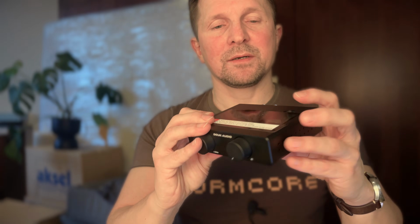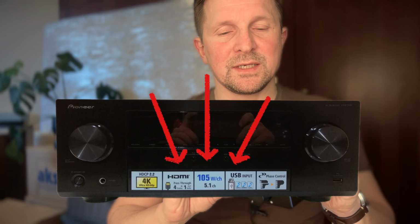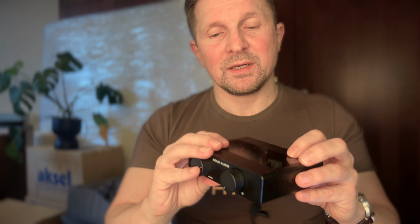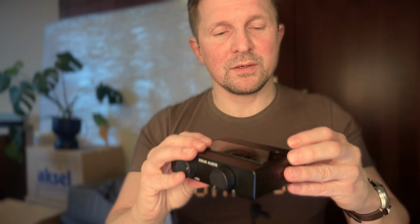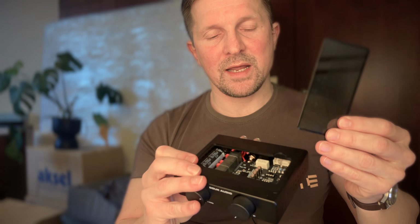I kept this manufacturer's label here, or sticker, although I hate it. The first thing I always do when I get new gear is getting rid of all those stickers with fancy technology names on it, as well as those display cover films. But in this case, I kept it on because